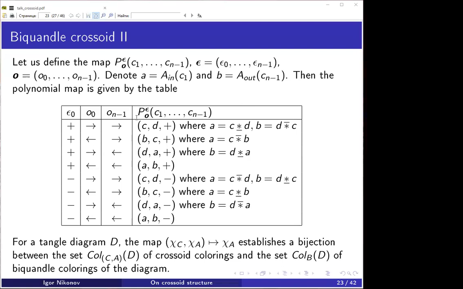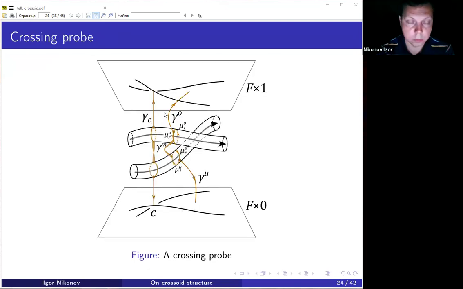Okay, we also look at Nelson's work, Sam Nelson. Okay, so we have the following example. In the case of Quandle, there is a theorem that colorings of a diagram by a Quandle come from a Quandle homomorphism from some universal Quandle to the given Quandle. And in the case of crossoid, we have an analogous theorem. There is some universal crossoid, which is described using these homotopy classes of paths which describe crossings. So assume we have